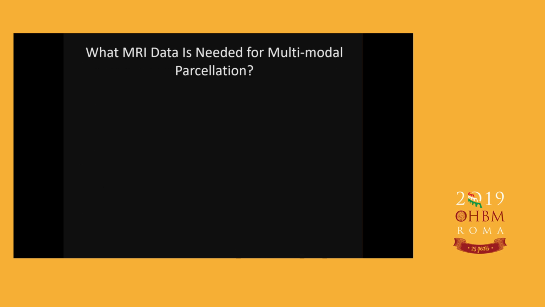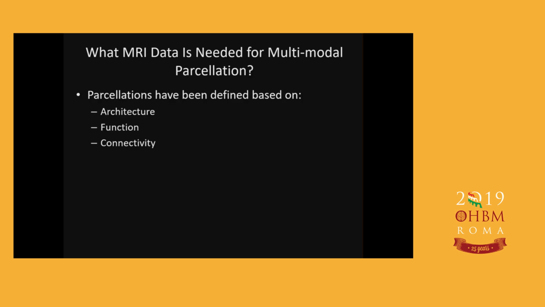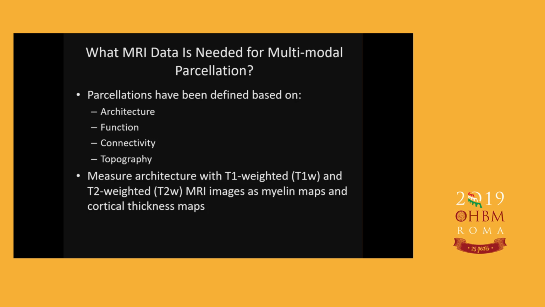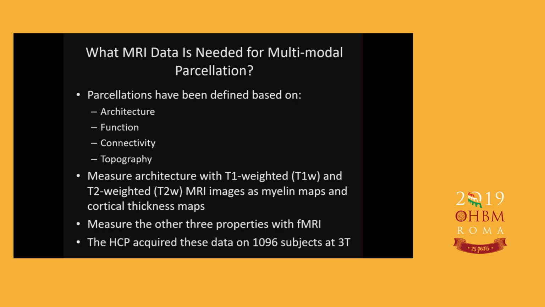So what kind of MRI data do we need for multimodal parcellation? Well, as we've seen in this course and will continue to see, parcellations have been defined based on architecture, function, connectivity, and topographic maps. So we can measure architecture with T1 and T2 weighted images as myelin maps or cortical thickness maps, and we can actually measure the other three properties with fMRI, among other things. And so the HCP acquired these data on just under 1,100 subjects at 3T,